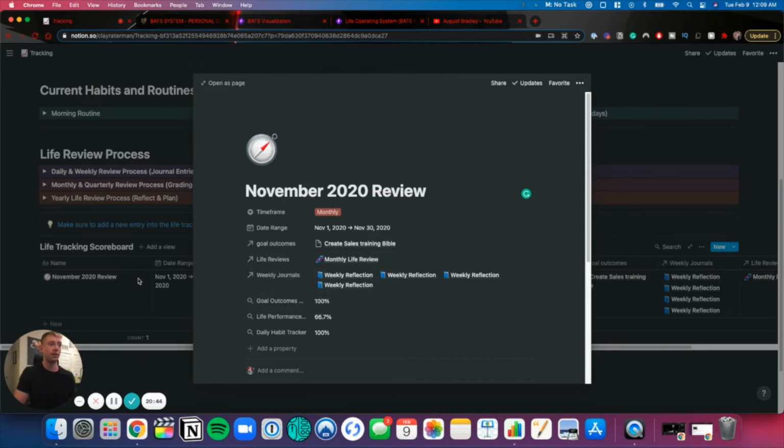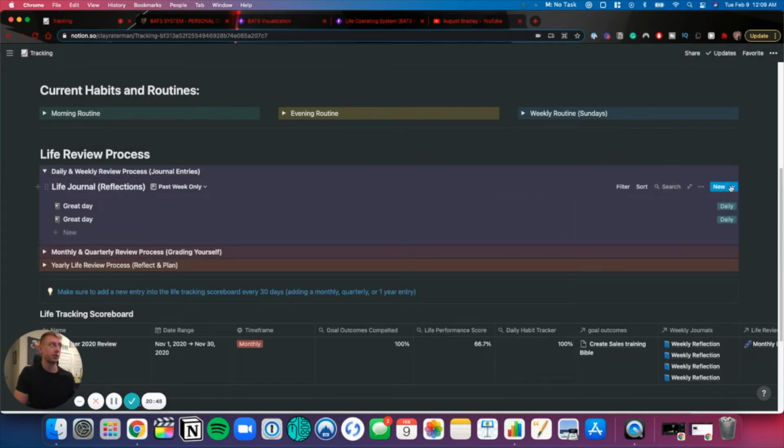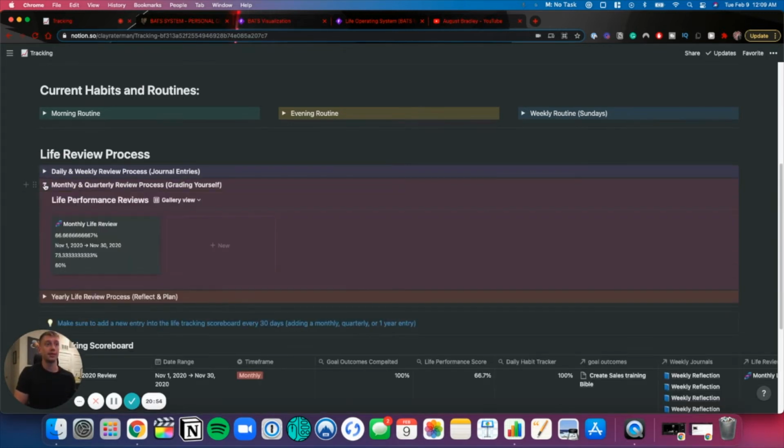So before I hop into these, my daily and weekly review process are just journal entries. So I can either add a daily or a weekly journal entry. And then my monthly and quarterly review process is actually a separate database that grades me on different stuff. So if we look at my monthly life review for November,